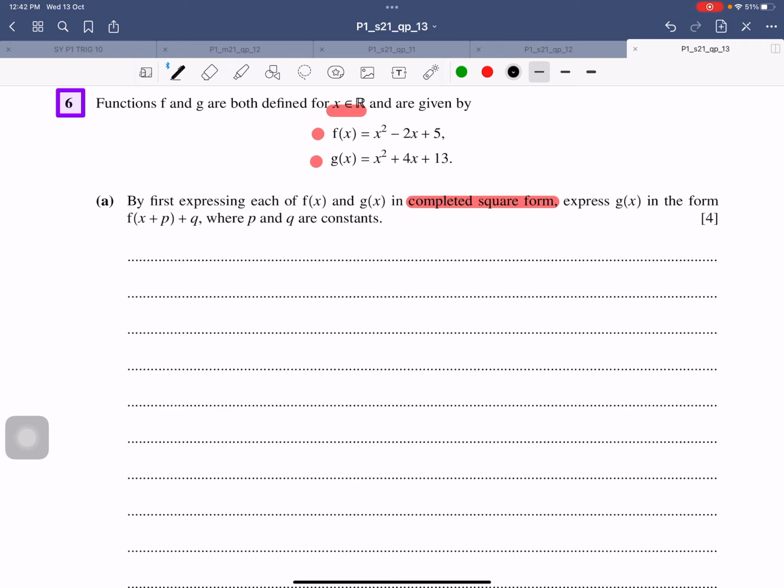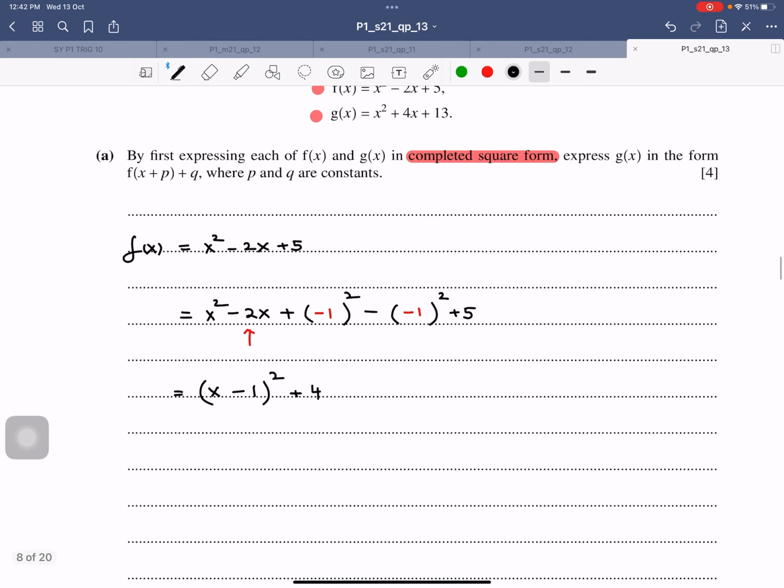So let's first start with completing the square. f(x) equals x squared minus 2x plus 5. Make sure the coefficient of x squared is 1. If it's not 1, we would have taken it common throughout. Now, what goes over here? Half the coefficient of x, minus 1, minus 1. Then you would rewrite this as (x minus 1) whole squared, minus 1 plus 5 is plus 4.